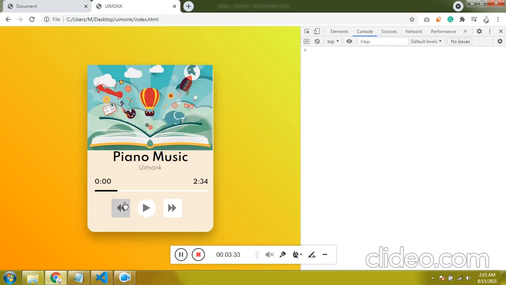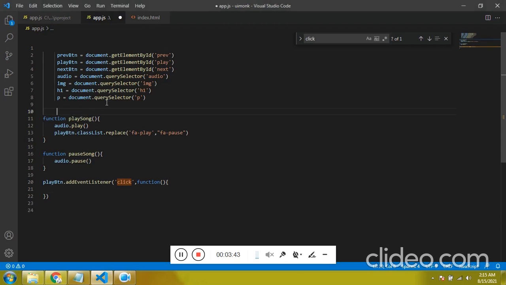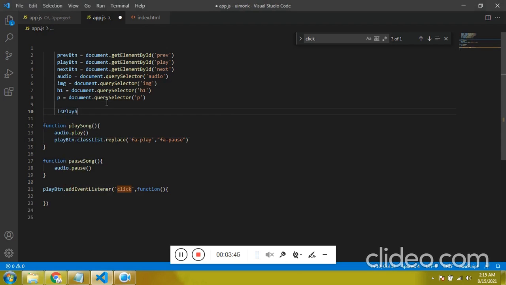Now once I click on this, I want to play and pause, but it is not happening. It just keeps on playing. So for that, we need to create a variable called isPlaying. By default, isPlaying is going to be false.